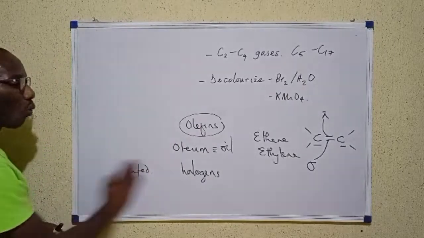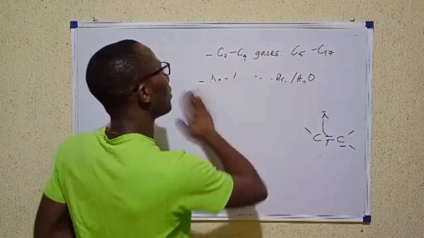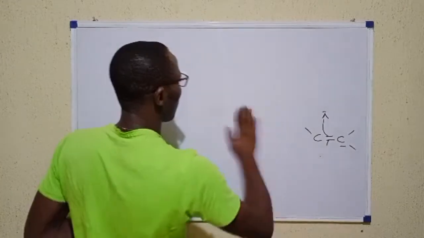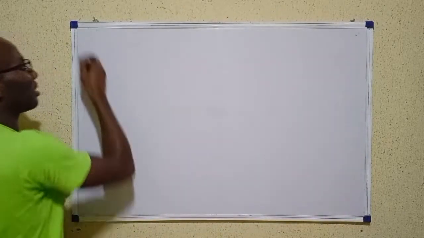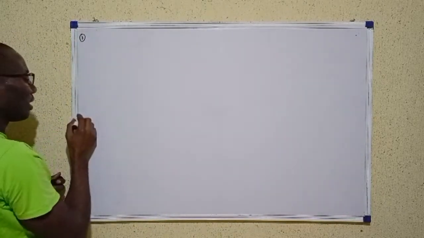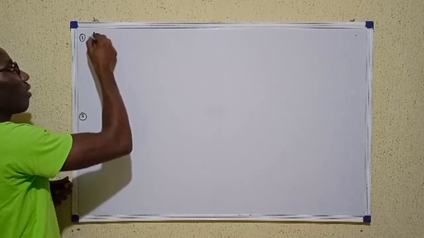At this point, we are going to look at something very important about alkenes, and that is the question of where do we get alkenes from? How are they prepared? We are going to see preparation of alkenes now, and after preparation, we'll look at the reactions that alkenes undergo. Now, two very important reactions that give us alkenes are called